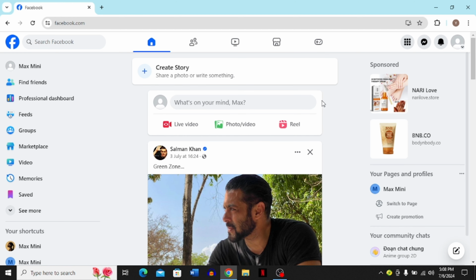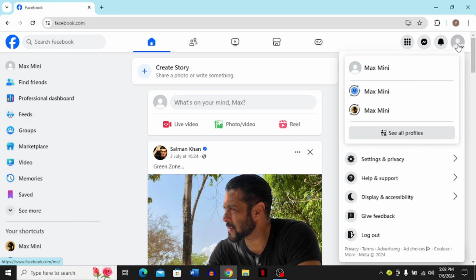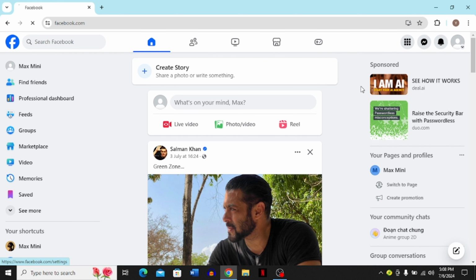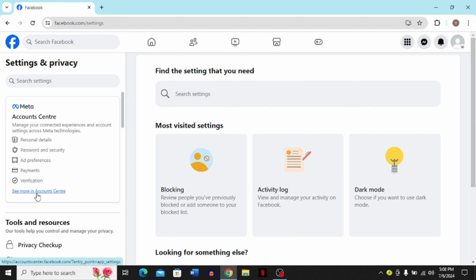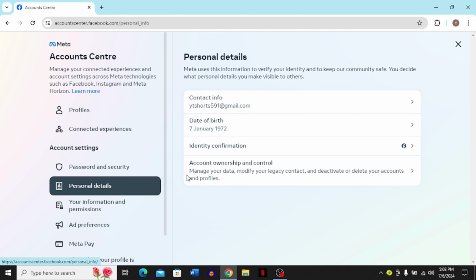And then it's going to bring you to your Facebook page, and you have to click this arrow over here on the top right corner, and then click settings and privacy. Now choose the settings option over here, and it's going to take you to another page. Wait for it to load, and then you have to click see more in account center. And once you click this option, you have to go to this personal details option and then click account ownership